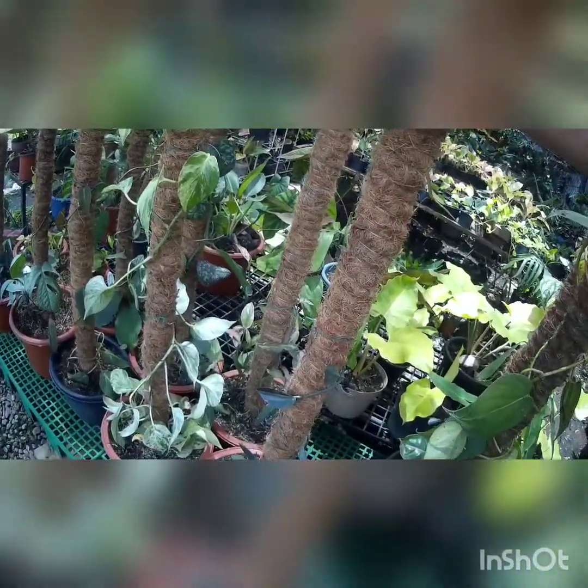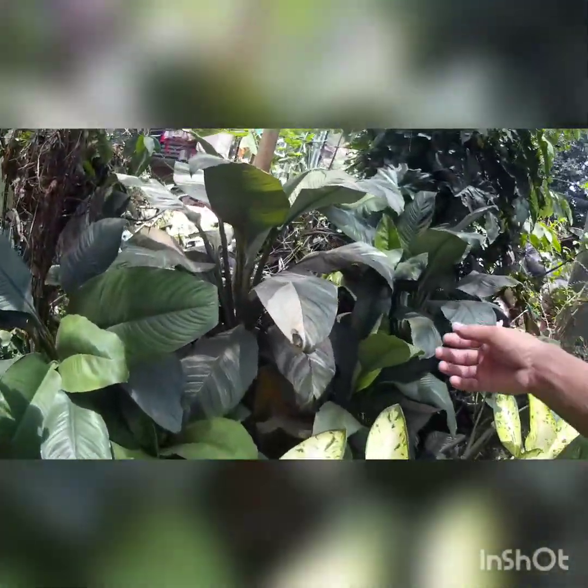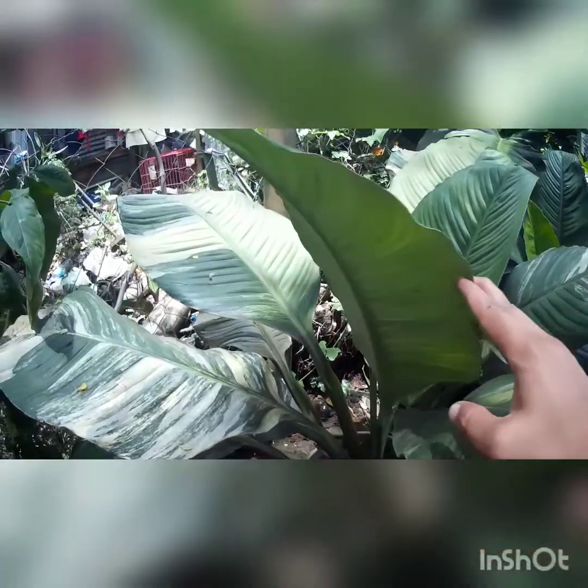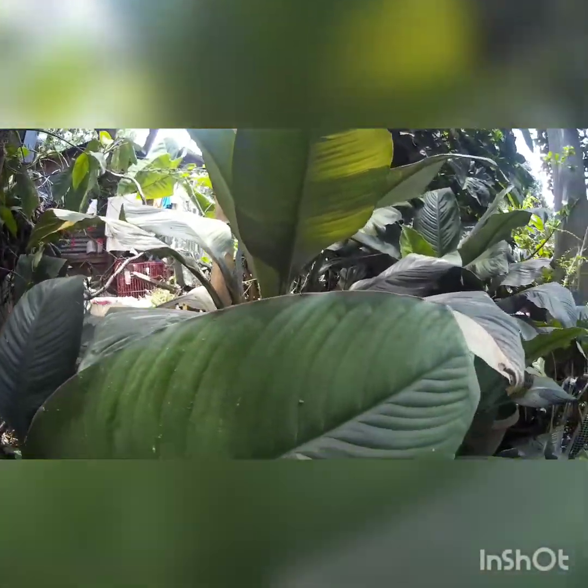Okay, so I'm asking the owner how much this Scindapsus variety is, but then something caught my attention. A variegated sensation. Don't you love it? I like the white variegation. I think this would sell pretty expensive. There is nothing more beautiful than this. A giant